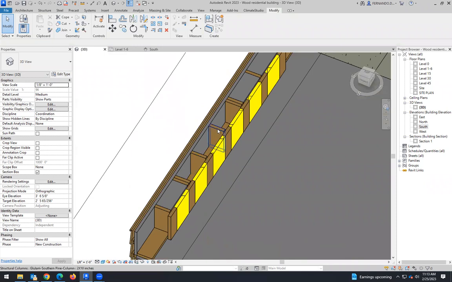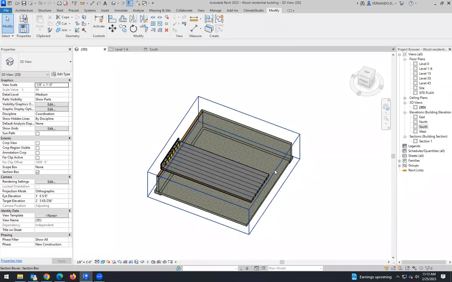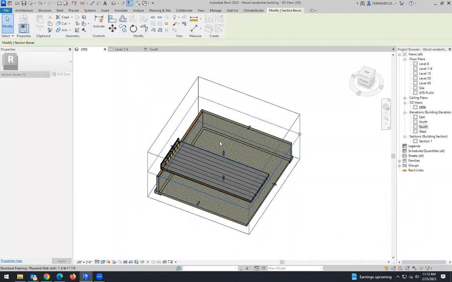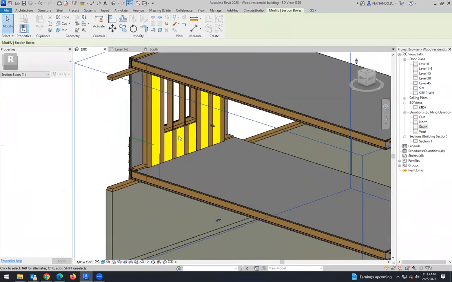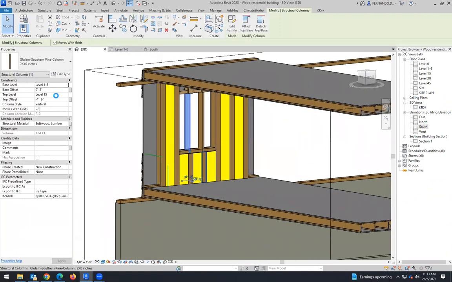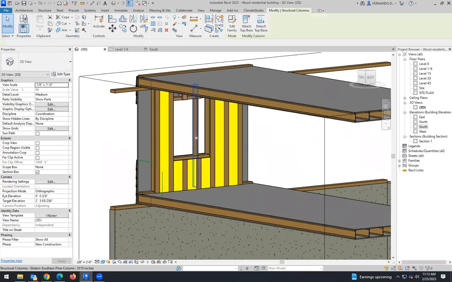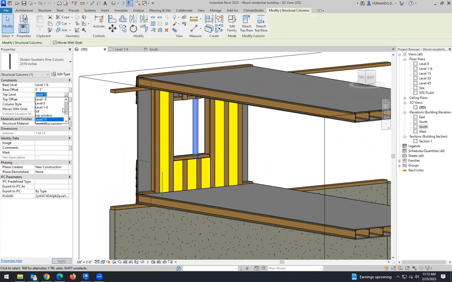We have rafters, but those rafters now are going to be too high. Okay, so now we have to do the same thing we did with the others. So this is the base level. The top level is the seal, and there is no. And the same thing with here. The top level is seal and no